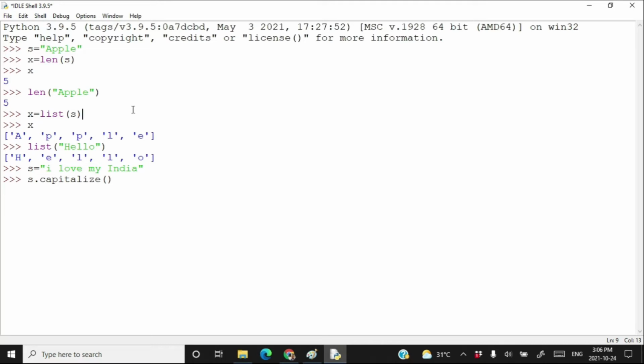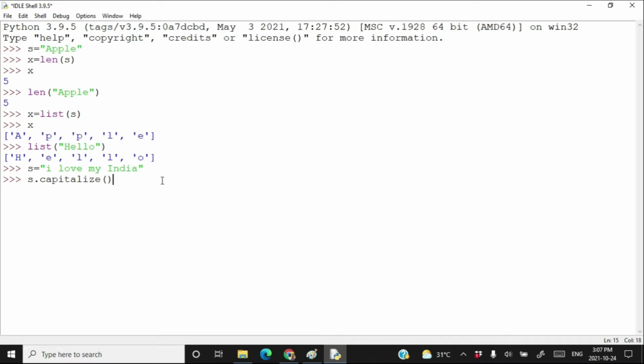So just memorize my point, that either you can pass a string to some methods, or you can call some methods by using the string object. There are two ways of calling a method. You need to remember how to call a method: by passing the string object to that method, or by calling that method by using the string object. Of course, I cannot explain the concepts behind it, because these are the concepts of functions and methods, and of classes and objects in object-oriented programming. So I cannot explain it right now. Just memorize it. There are two ways to call them.